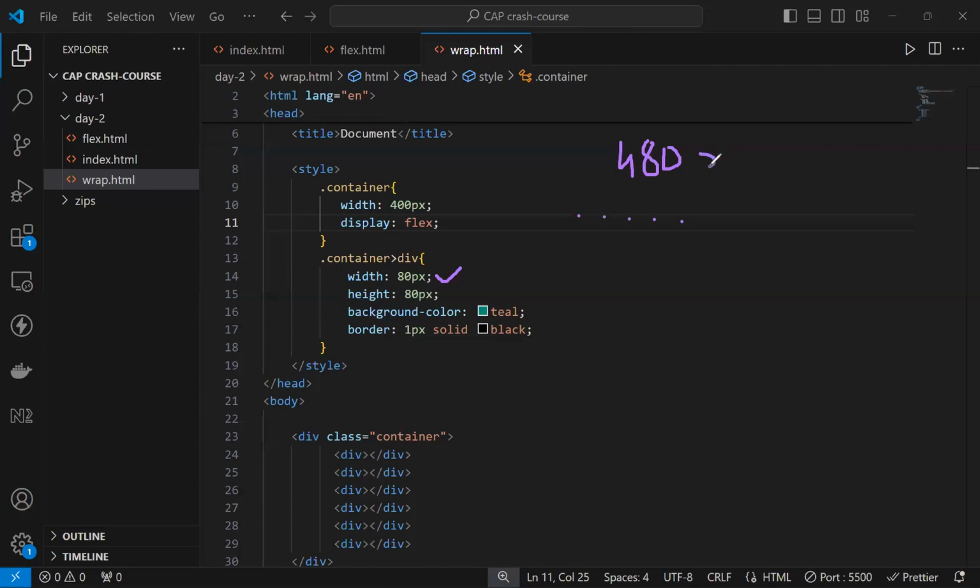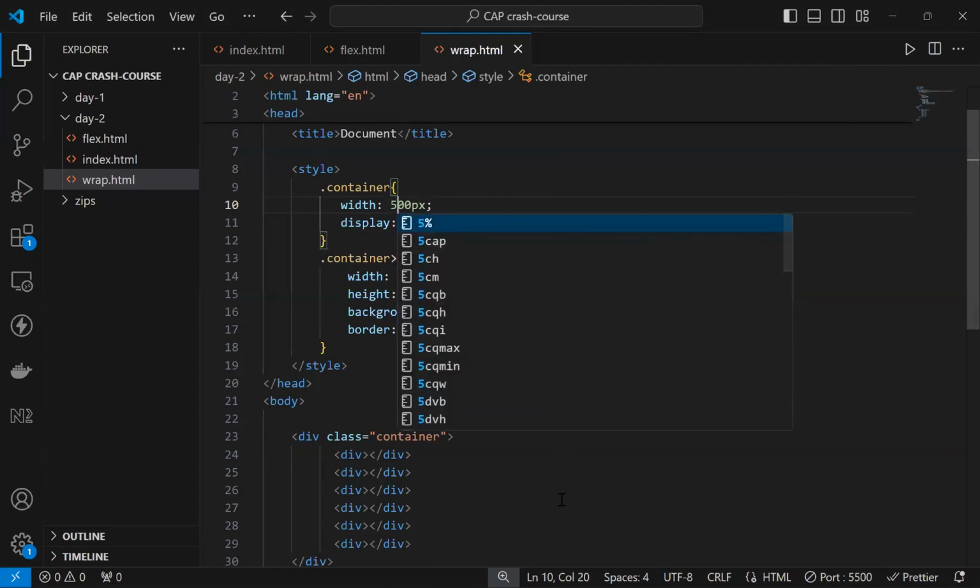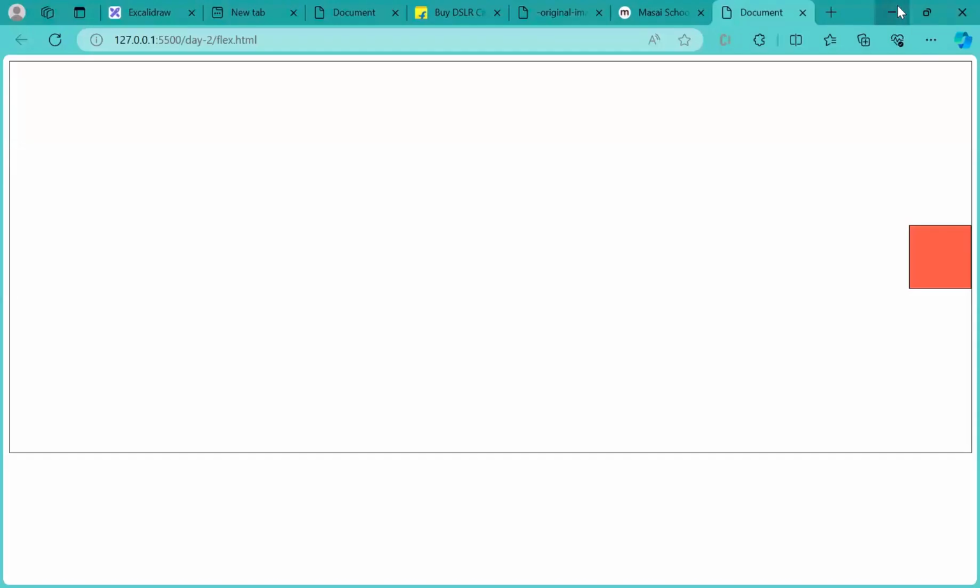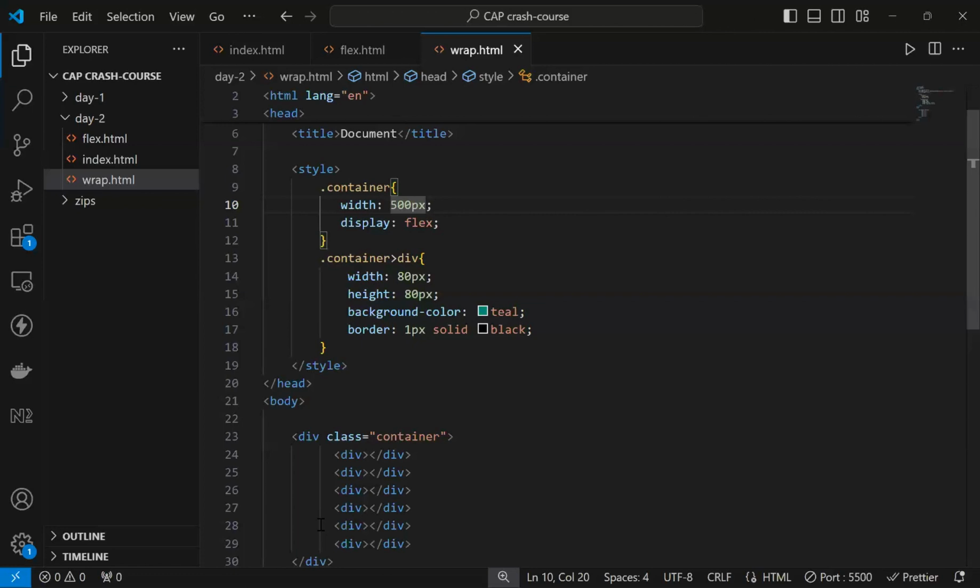480 जो है वो greater है 400 से, right। तो do you think कि हमारे 400 पिक्सल के कंटेनर के अंदर ये सारे divs आने वाले, do you think it can occupy it technically? अगेन टेक्निकली गाइस, ओवरफ्लो वगैरह भूल जाओ, बस टेक्निकली पूछ रहा हूँ। ठीक, तो it should not be occupying it। ठीक, ओके। So let's say कि मैं इसको for now I'm gonna make it 500 pixel, for now it can occupy it, right। So let me open that file, we quickly run that file।